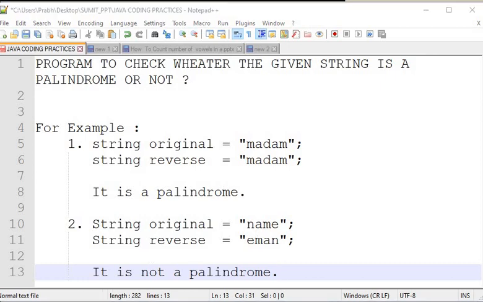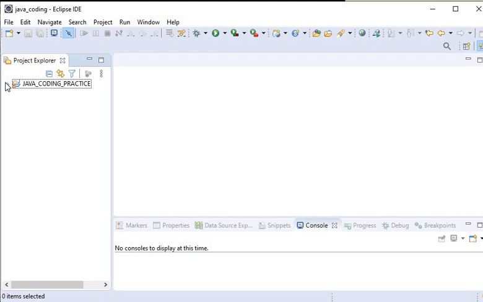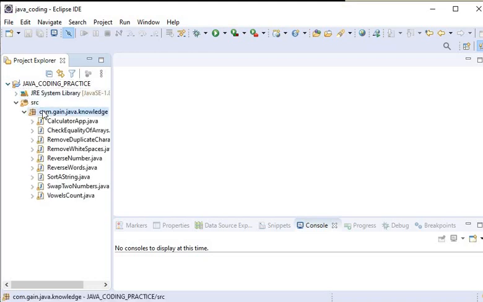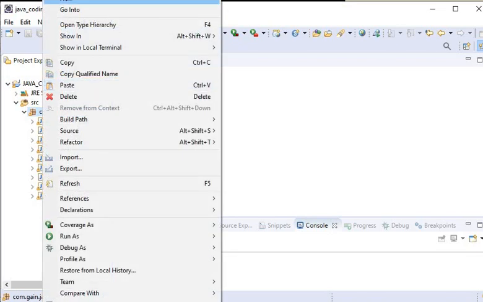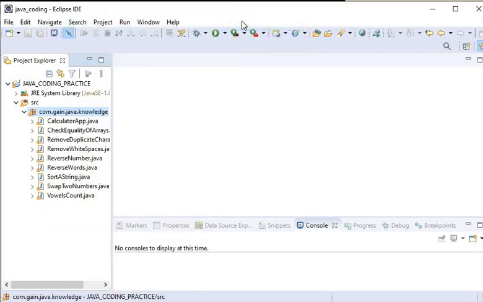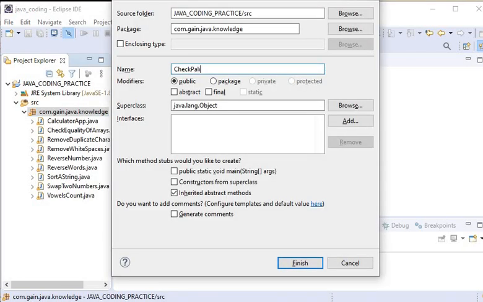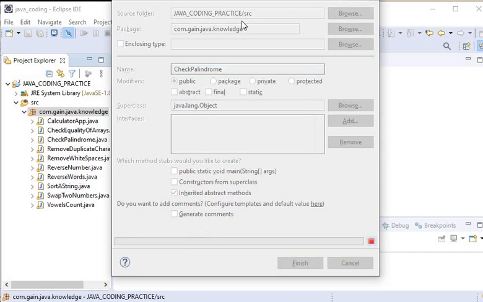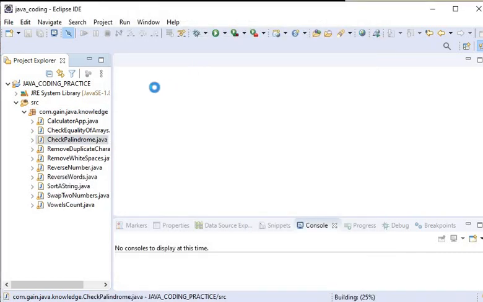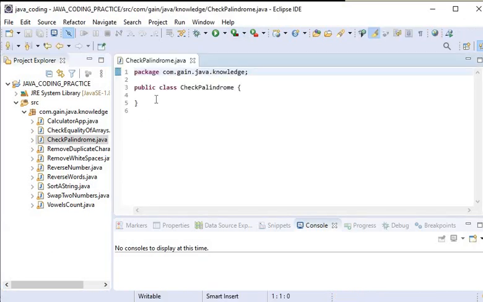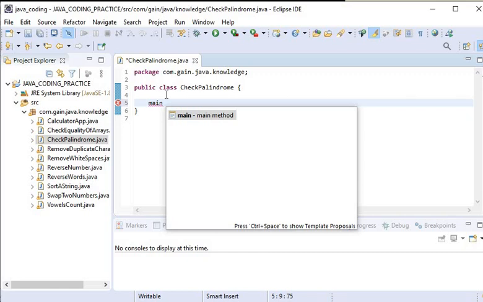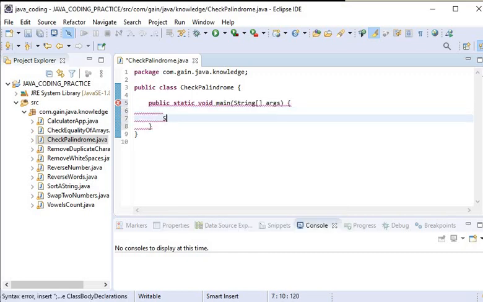Okay, let's start to write the code in Eclipse. First here we will create one new class, that is CheckPalindrome. And in this class we will declare the main method, and here we will use the Scanner class to take the input from the user.